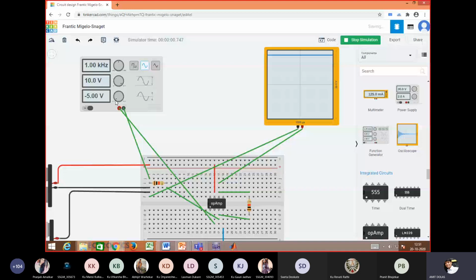Do we have a sinusoidal waveform in any other instrument? We'll check for the sine. Do we have any other instrument here to provide us a sinusoidal waveform?